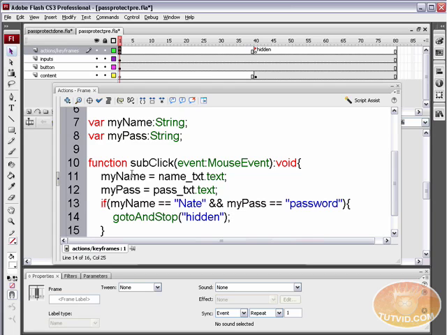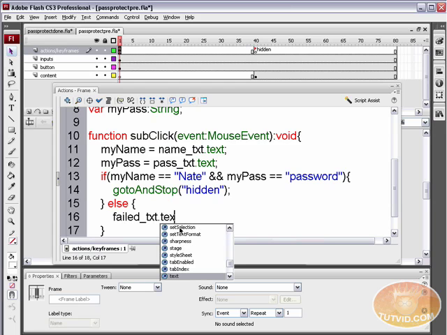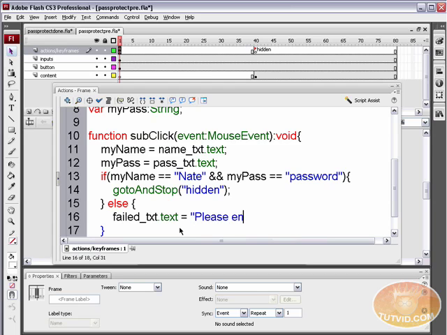So this is saying if the text that gets typed into name text, which becomes that variable myName, equals the string Nate, and the text that gets typed into myPass equals password, we want you to go to and stop at hidden. Now we need to add an else statement: else { }. We want failed_txt to display in text, so I'm going to say failed_txt.text = "Please enter a valid password.";